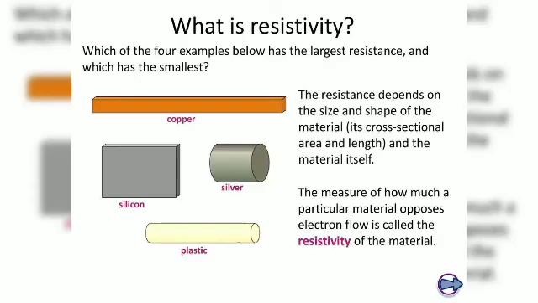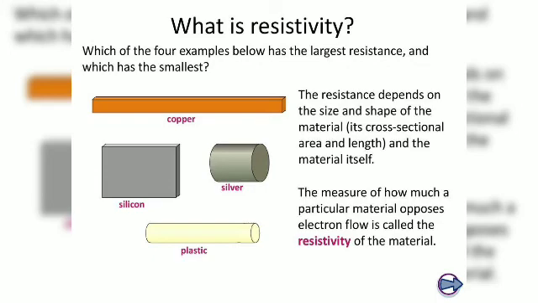Let us see what is resistivity, children. Resistivity depends on the nature of the material, which material you are taking, because it depends on the number of electrons present in the conductor. Moreover, resistivity is nothing but the resistance only, but you have to take unit cross sectional area of that conductor and unit length. So it is that resistance only.